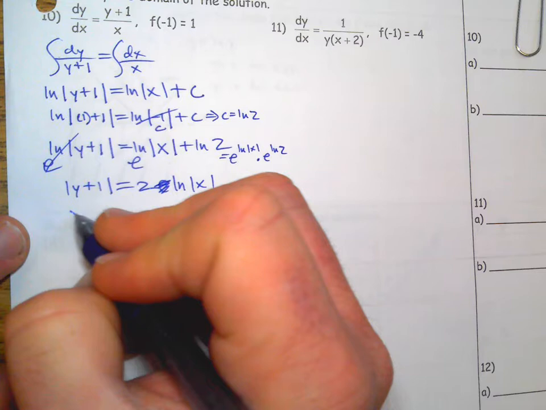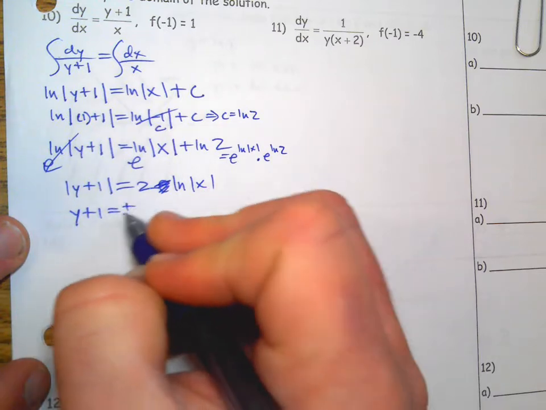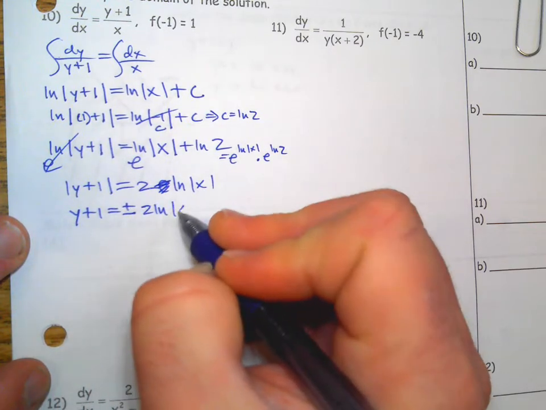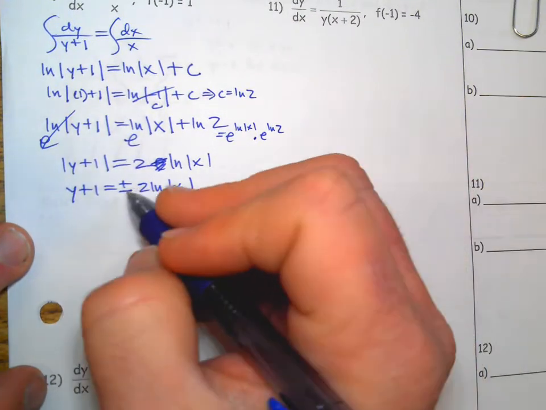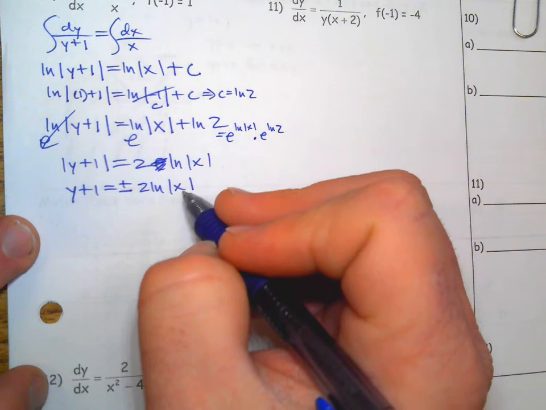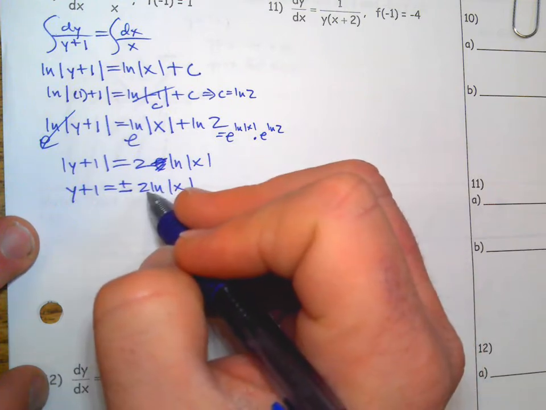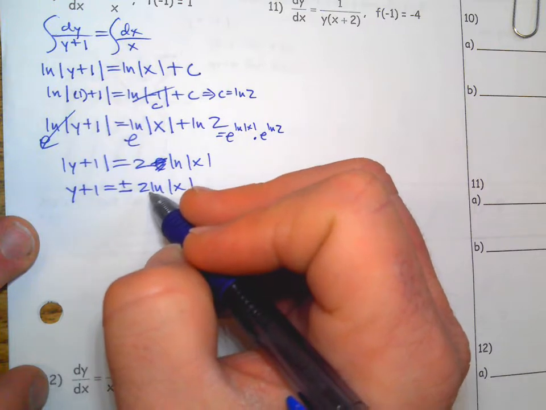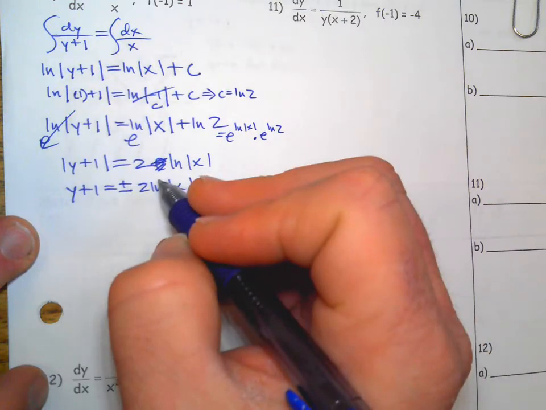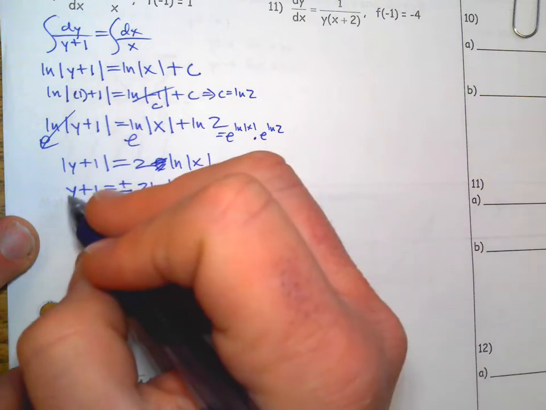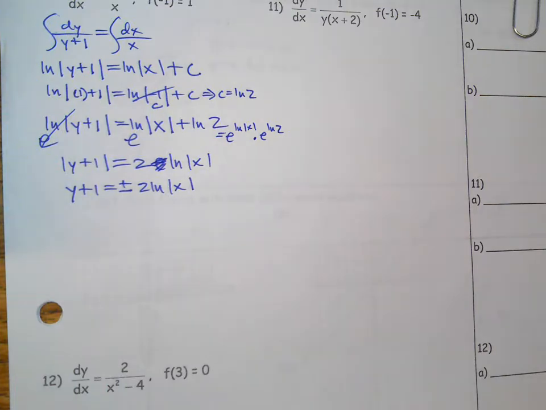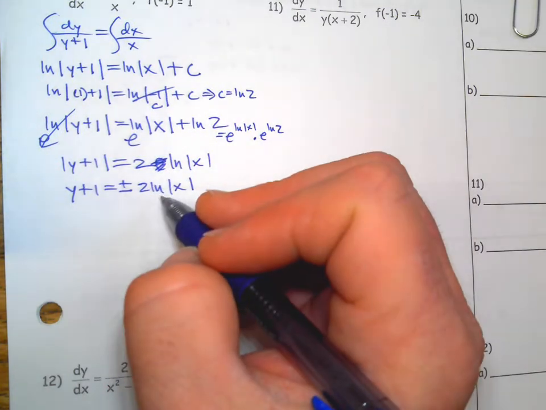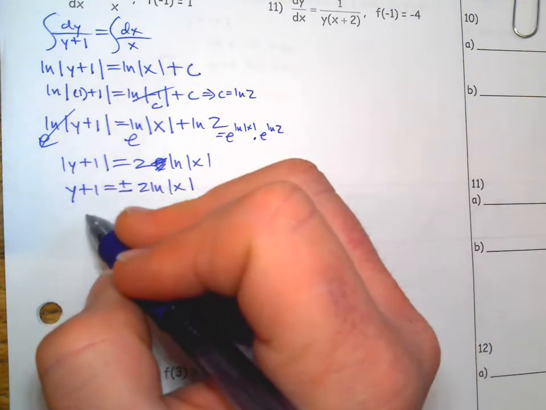Now, to get rid of these absolute values, you have to do plus or minus, and that's a mistake that some people made. They didn't write it. If you don't write it, I'm just assuming you forgot and you got lucky. But you got to write it, and you got to plug negative 1 in and make sure it makes sense. If I plug negative 1 in, that's 0. And so this is all 0. And so what will y have? If you plug 1 in,